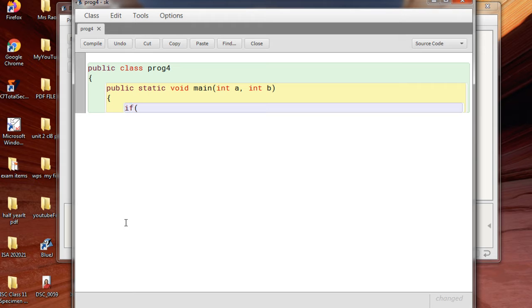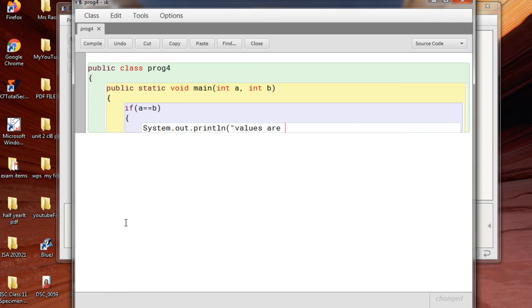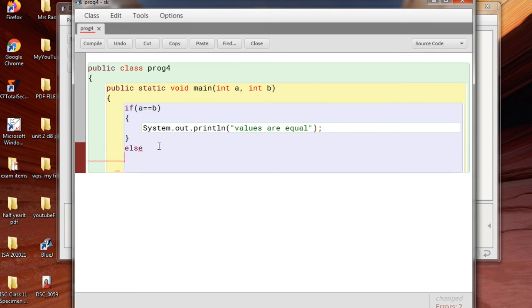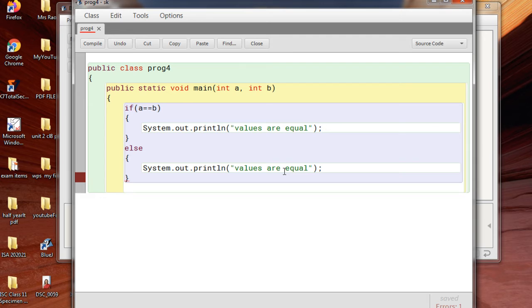Then you check if A is equal to B, then you print a message: Values are equal. And if it is not so, then what will you do? I'll just copy this. Values are not equal.